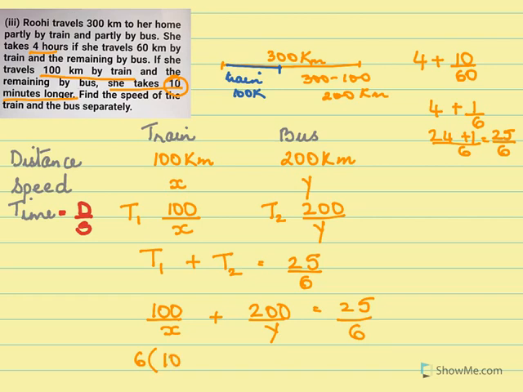So I'll take 6 here, so this becomes 600 over x plus 1200 by y equal to 25. So my first equation was 60 by x plus 240 by y equal to 4, and the second equation is